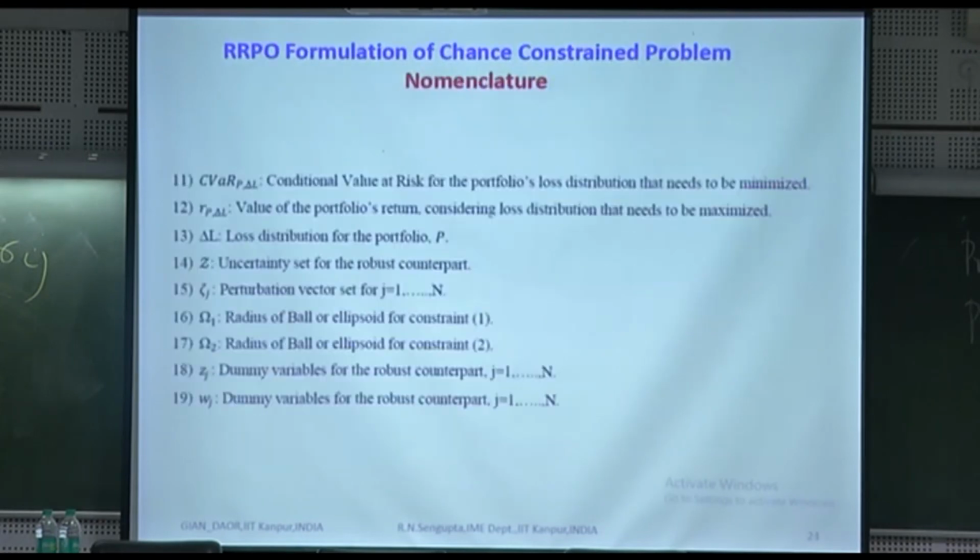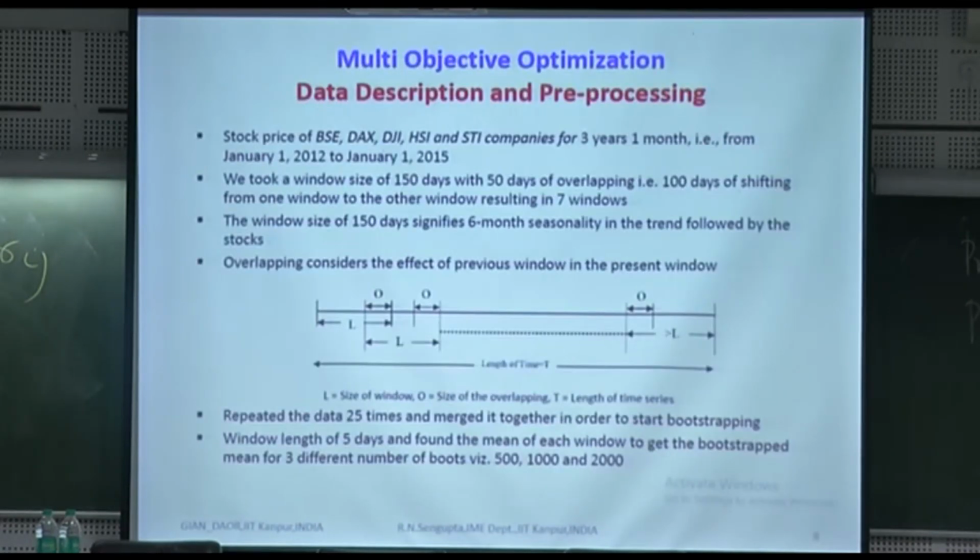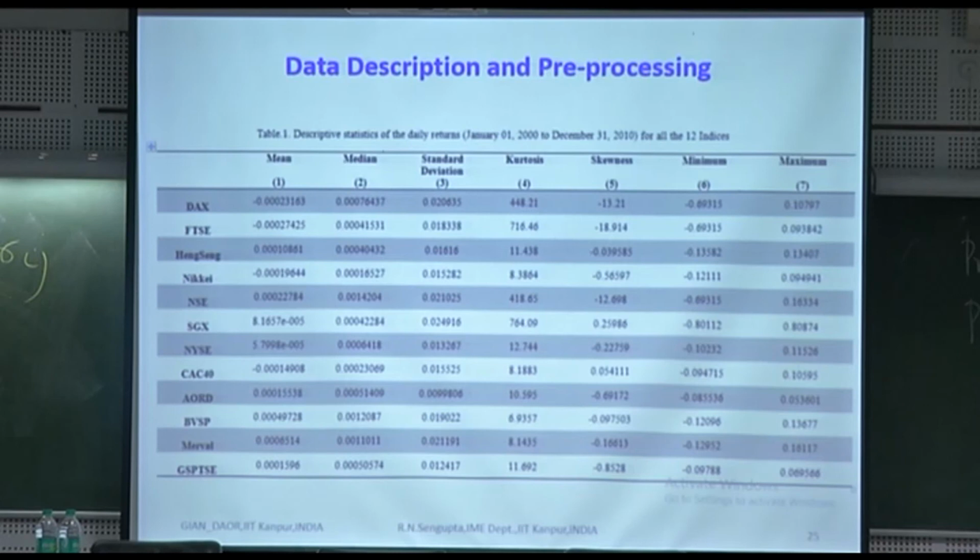Shifting windows means this diagram which I have shown, this one. I take the nominal values if the distribution is not given. If the distribution is given, I take the theoretical mean value. So these are the sample statistics. Here I am using a non-normal distribution. I use the extreme value distribution and take the minimum and the maximum. These are some of the statistics which I report for that 10-year data, just from the data.